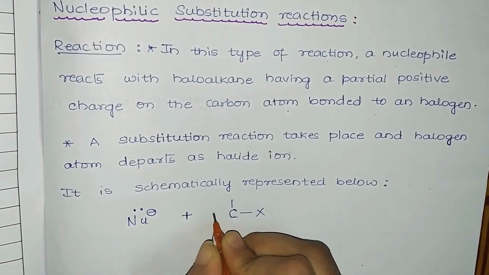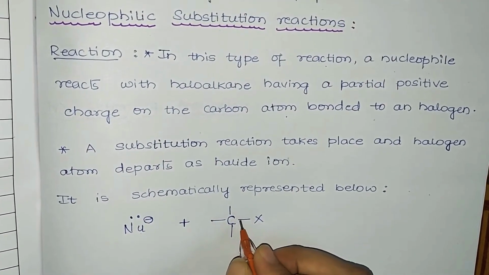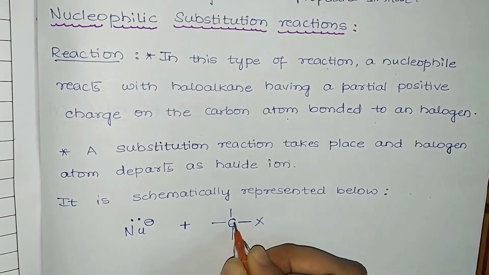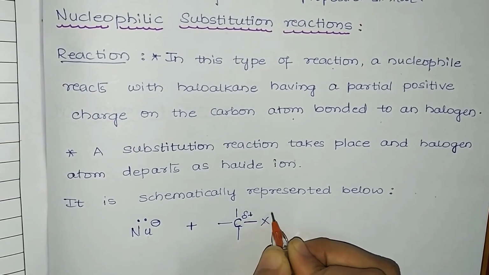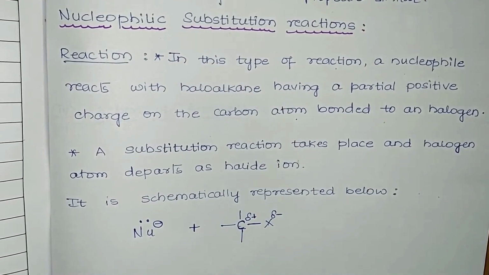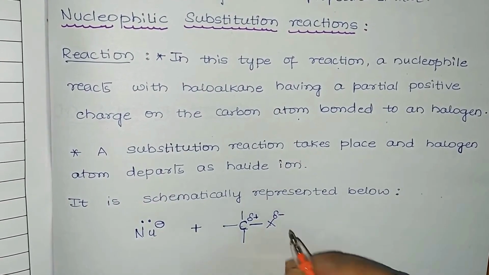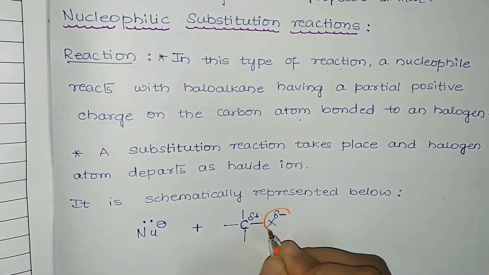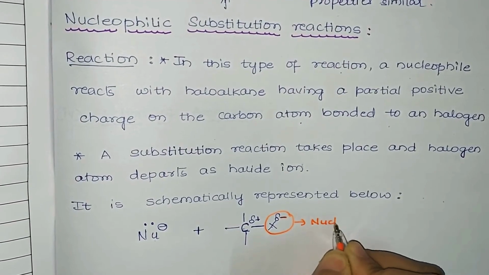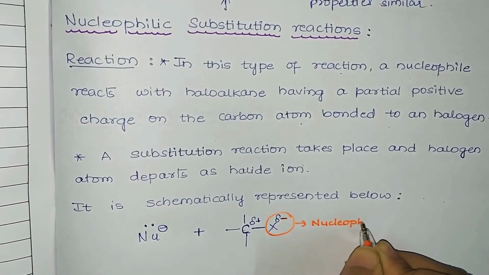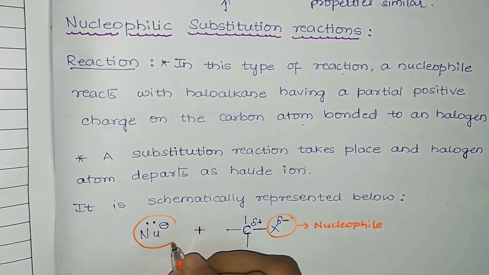Here carbon is sp3 hybridized, surrounded on the other sides by 3 more bonds, so totally carbon forms 4 bonds. We know the nature of the carbon halogen bond, which we have already studied. Carbon has a partial positive charge and halogen has a partial negative charge. Since the halogen has this negative charge, it acquires nucleophilic character. It is nucleophilic in nature. Although it is only partially negatively charged, we call it a nucleophile.